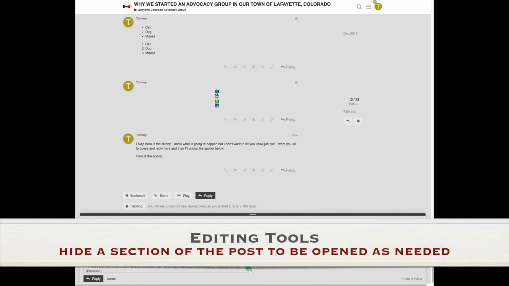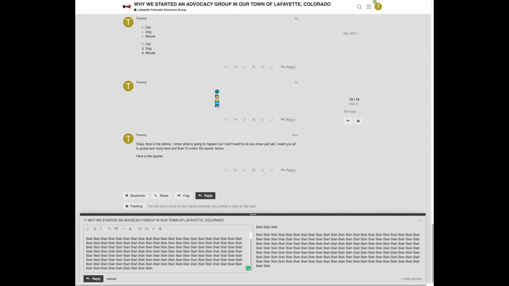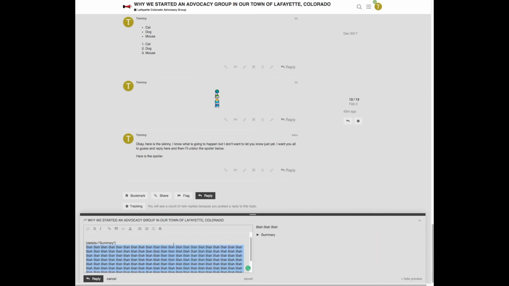The last cool function that I'd like to show you today is one that comes in handy when you want to make a reply and you are just burning inside and you have so much to say and you pretty much want to write a PhD thesis. Well, that's all well and good and great. The more information we get, the better, but it can be a little overwhelming for other members. So what you can do is you can sort of give this brief summary of what you're going into. And then for that really long thesis, you can highlight it, go into this cog icon here, hide the details, post it,